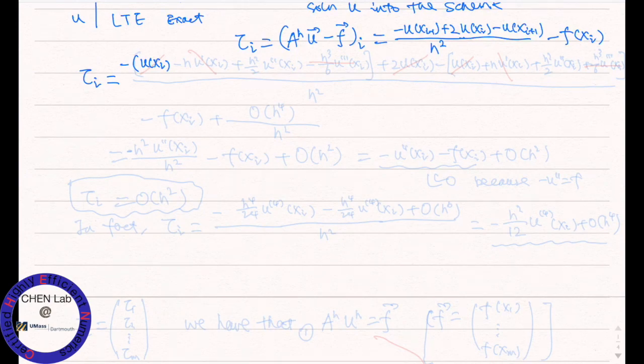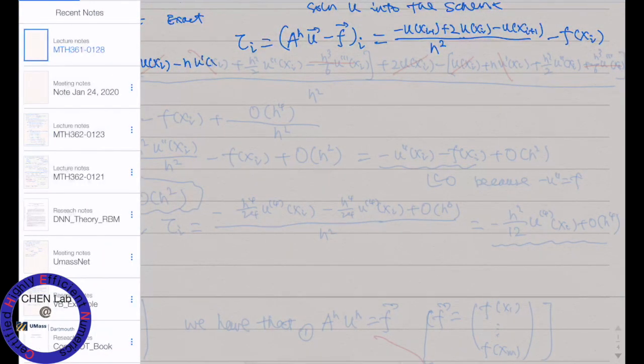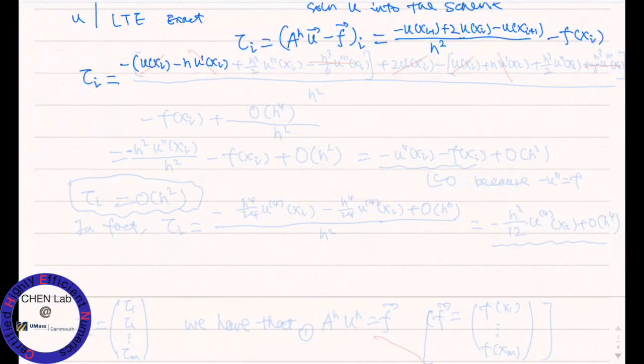All right, the difference is minus h, so it's minus h u prime at xi, right? Plus h squared over 2 u double prime at xi, all right, minus h cubed over 6 u triple prime at xi,